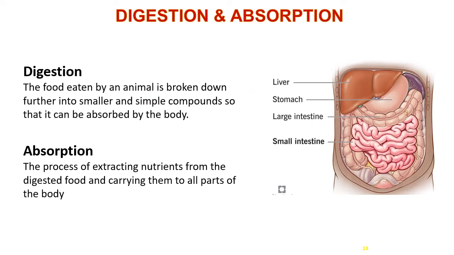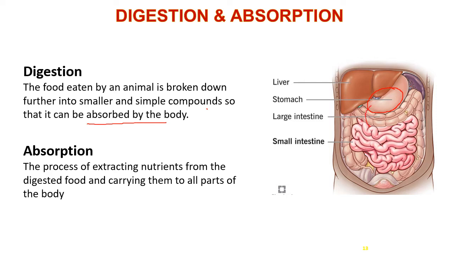Now, after ingestion of the food, the digestion process happens. What is digestion? The food eaten by the animal is broken down into smaller and simpler compounds like sugar so that it can be absorbed by the body. It is mostly done in the stomach, right? This part of the body is the stomach. After that, the digested food goes to